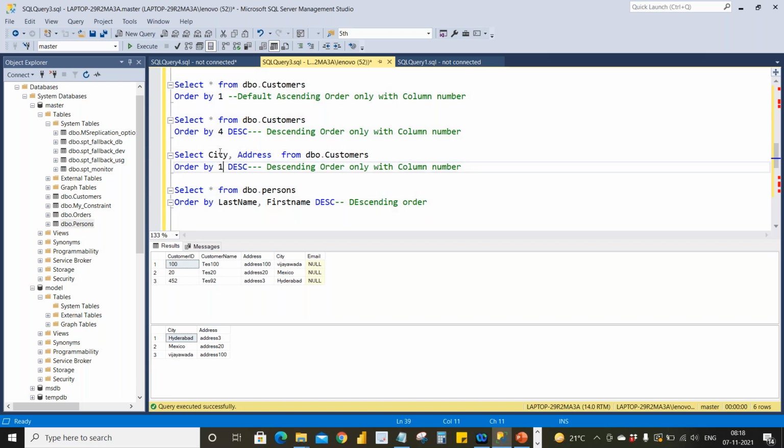Then it will only take the columns which are specified in the select. So it will work in this way. I think you understood this concept. Let me know if you didn't understand as well.